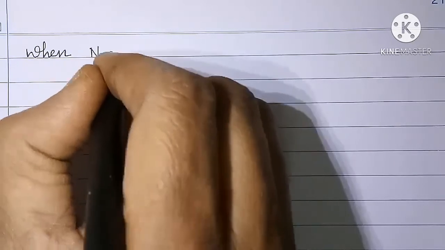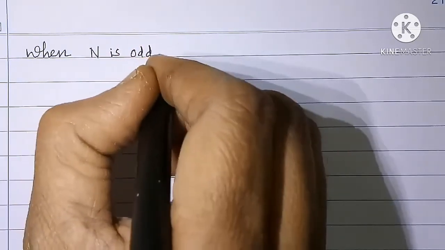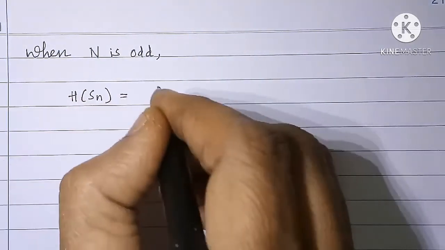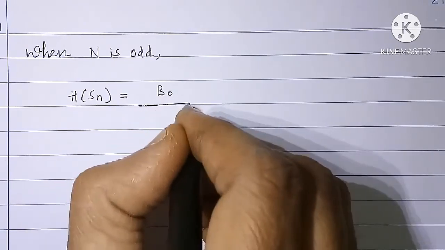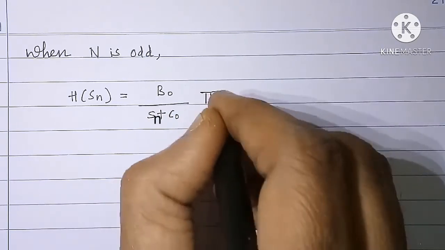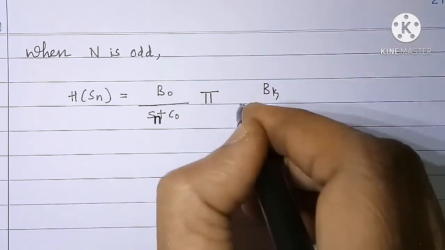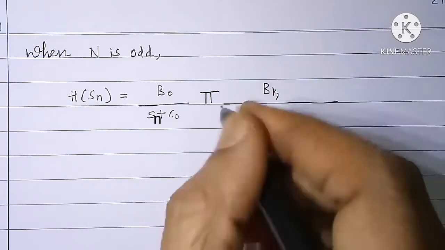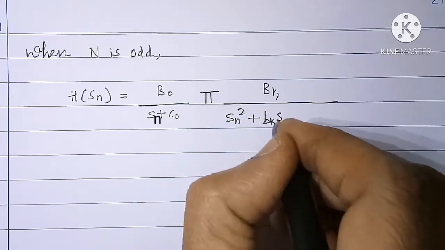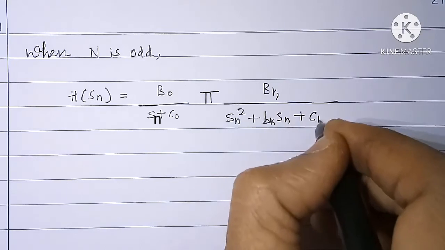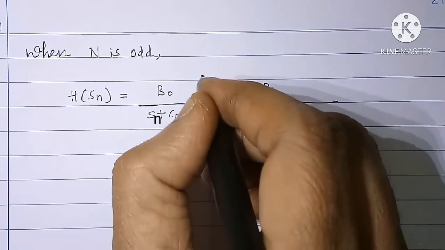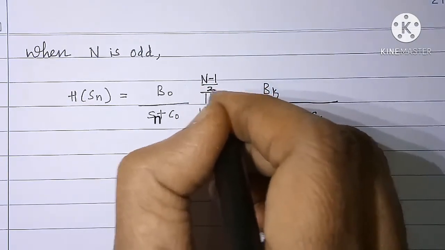And when n is odd, H of Sn is given by B naught upon Sn plus C naught into product of Bk upon Sn square plus Bk into Sn plus Ck, for k equal to 1 to n minus 1 by 2,